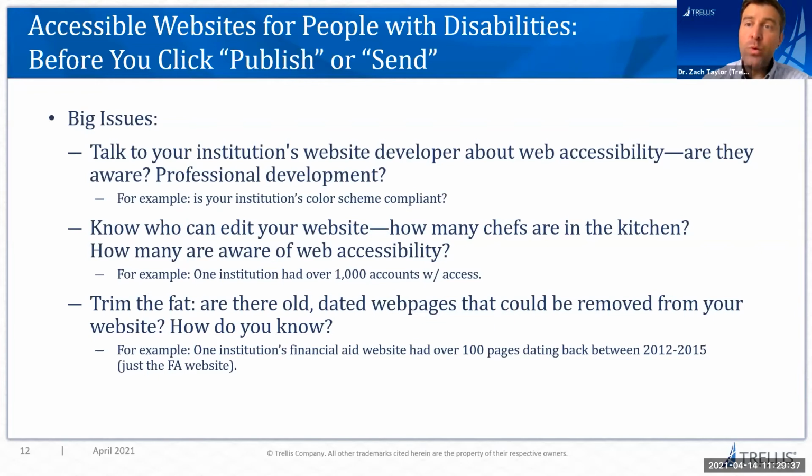Finally, trimming the fat. Google yourself and try to find old documents from 2015, 2016. Now, if they're institutional SAP policies or student conduct policies that were adopted in a certain year and are still good today, that content is fine. You've got to keep that. But FAFSA instructions for 2013 don't seem to be relevant now, and that may live on a website that a student can still access. So go back in time and see how many old web pages students are just not visiting, or faculty and staff are not using, and delete them. The fewer web pages you have live, the fewer bits of content that you have to make ADA compliant for those students and those external stakeholders.